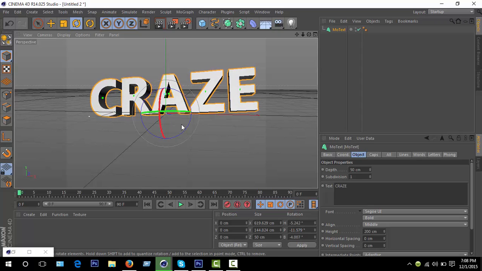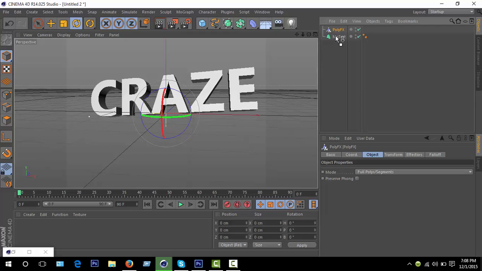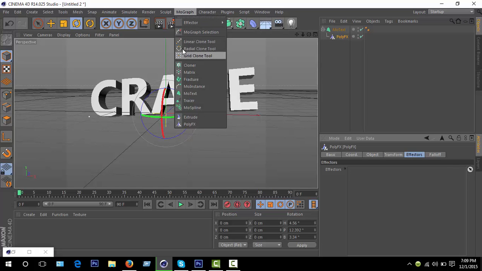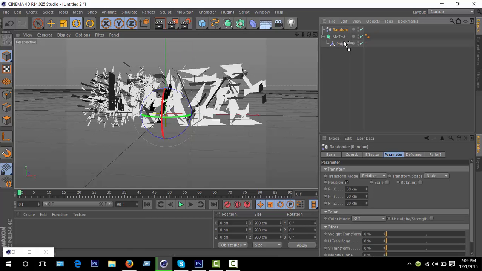So you got this. And then you want to come up to MoGraph, grab your poly effects, and drag and drop it into your MoText. So you're gonna find it and whatever it does. So grab your effectors, have this selected, and then go up to MoGraph, effector, and then go down to random. Drag it and drop it, and then you can